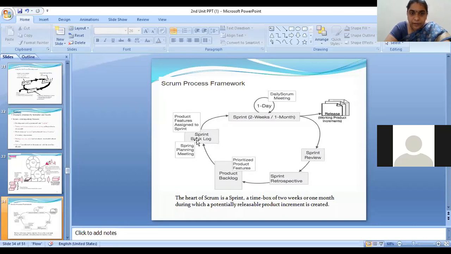The sprint backlog will contain the plan. Now, what is a sprint? We call a sprint an increment which should be delivered within a time box. A time box is nothing but a fixed period. An increment which should be given within a time box is called a sprint, right? We'll be using these terminologies here. Now, this sprint backlog contains the feature which I should release in this increment.